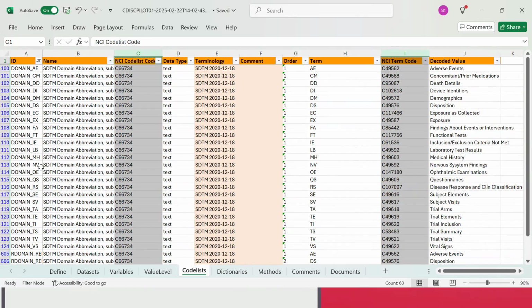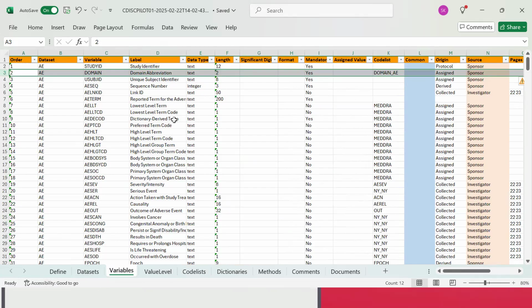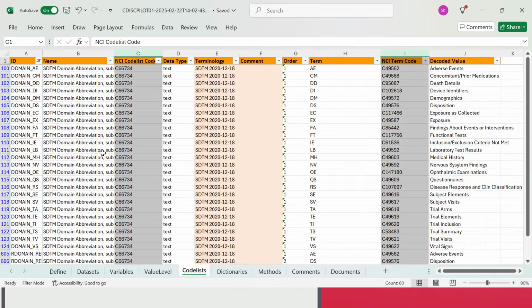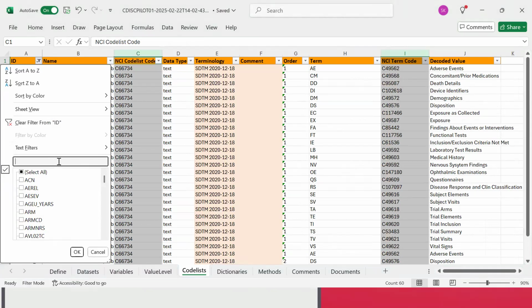So in this way, you can create a code list. So now let's see for the remaining ones also. As we are aware, these are the variables to which the MedDRA code list is being applied. So for these variables of AE, we have given the code list as MedDRA. And when we see in this,